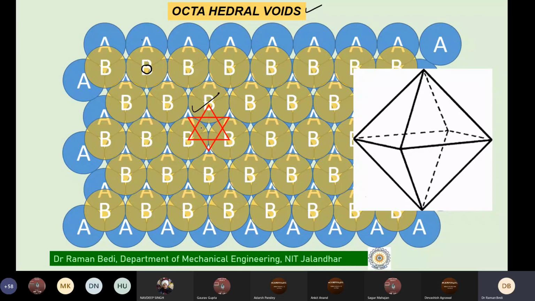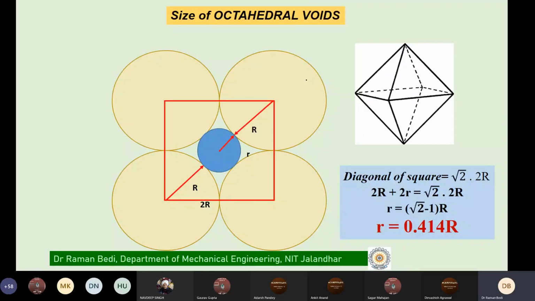So what is coming up here is the second type, and the shape of these voids looks like an octahedron, and that is why they are referred to as octahedral voids. The size of this void is given by the largest spherical atom, the blue one which you observe here, which can be accommodated in this void, now represented with the help of these 4 atoms. Why I am showing it as 4 atoms, I will let you know in a moment, maybe in the next slide.